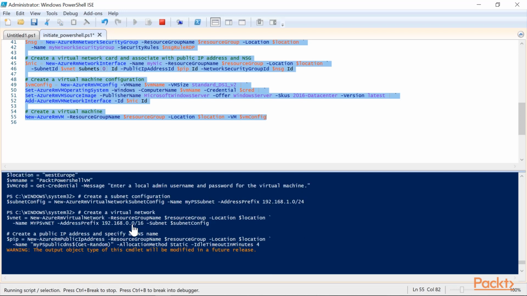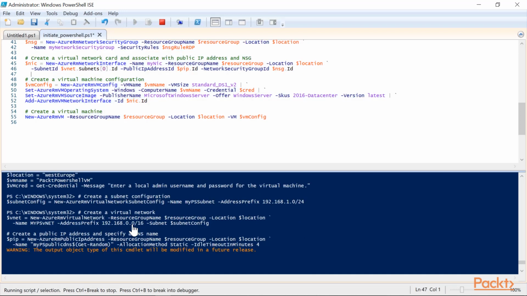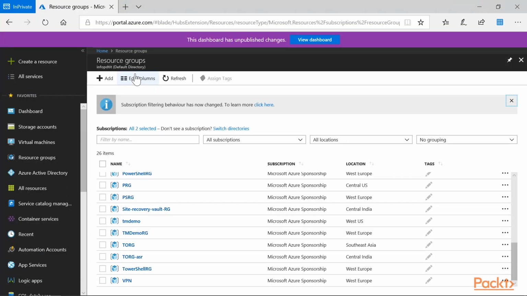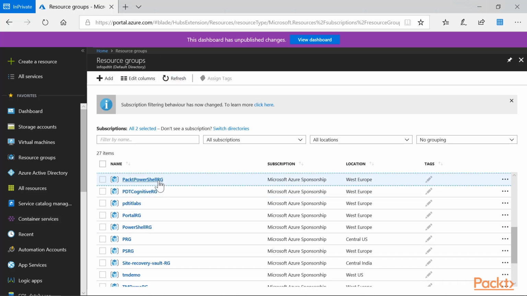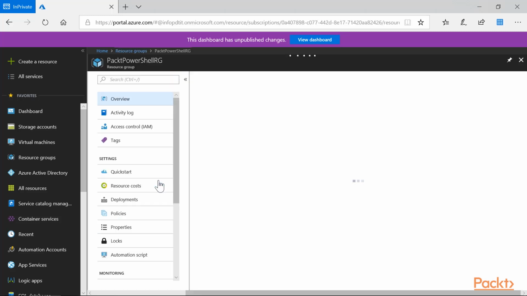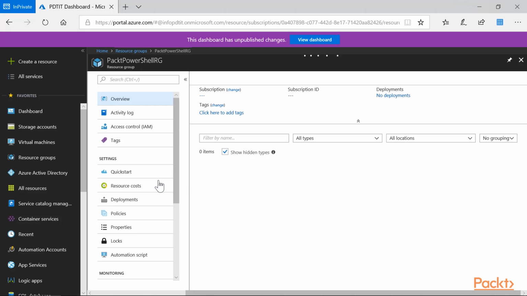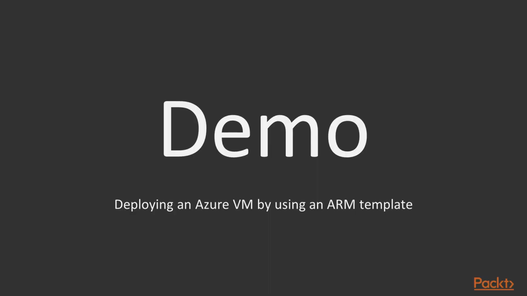Subnet is there, virtual network, public IP. So we're going to give it a little bit more time. But if I check back in my portal, refreshing, there should be the Packed PowerShell resource group and already having some resources in there. So I'll keep this running for now and move on with the next part, which is